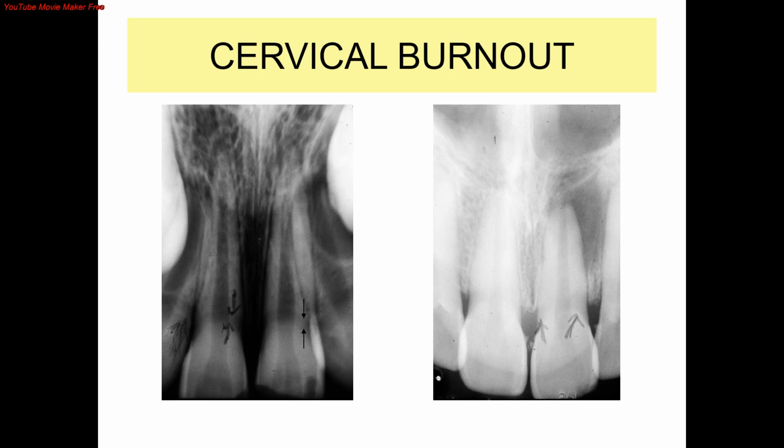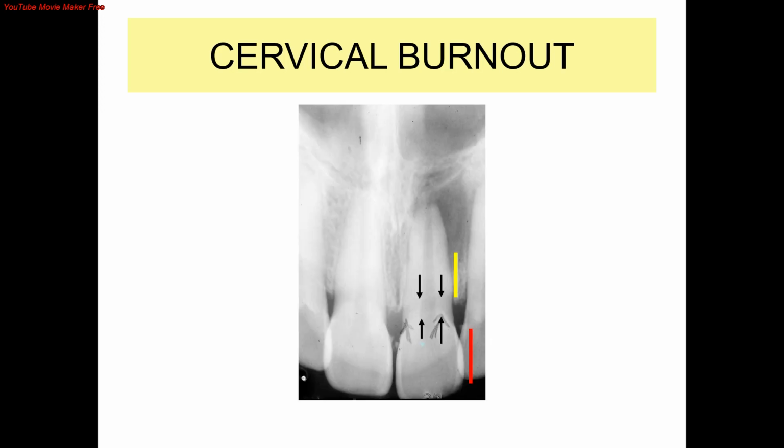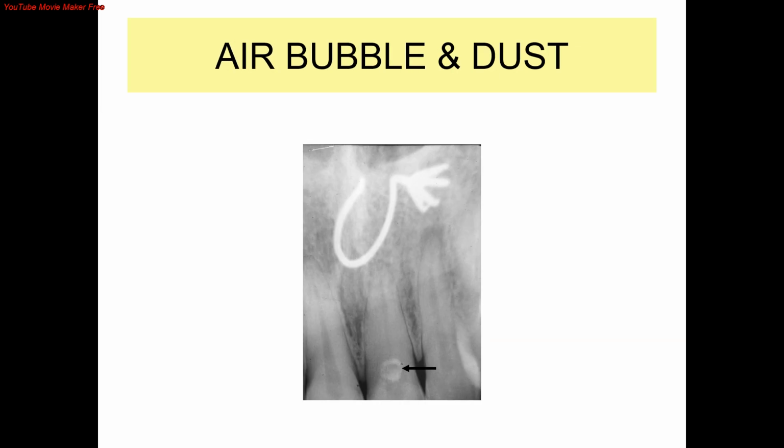and it is shown by black arrows. The radiolucent band shown by the black arrow is formed due to the following reasons. The root part marked by the yellow line is made of dentine plus bone, and the crown part marked by the red line is made of enamel and dentine. So between these two more radio-opaque combinations, the cervical area, which is only dentine, appears more radiolucent. It should not be mistaken for cervical caries or erosion cavities and should be clinically confirmed.